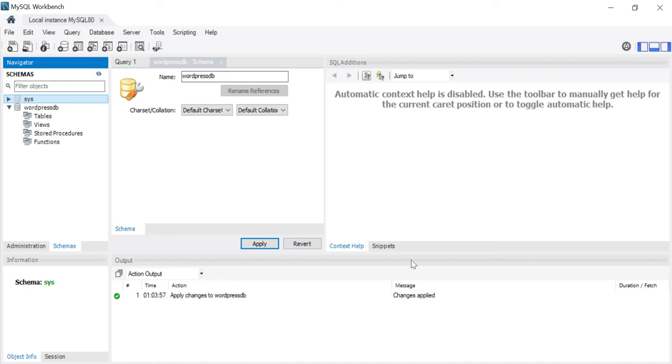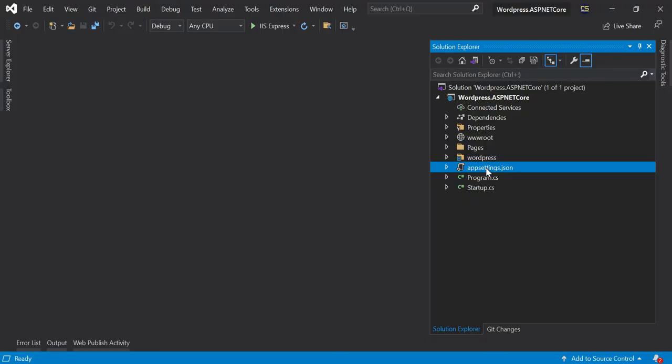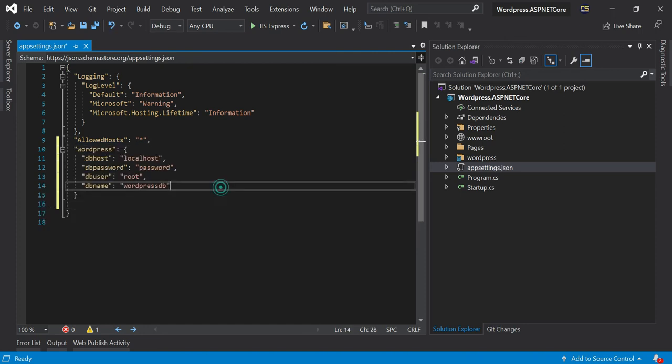To do this we need some settings here. I have already written that. Click on appsettings.json and here we need to paste it. That means we have created a section named WordPress, where we maintain the database host as localhost, since MySQL is running on localhost. Then the database password, my password is here, password, and we have created the user as root and my DB name is WordPressDB. So according to your database name, username and password, you can choose here.